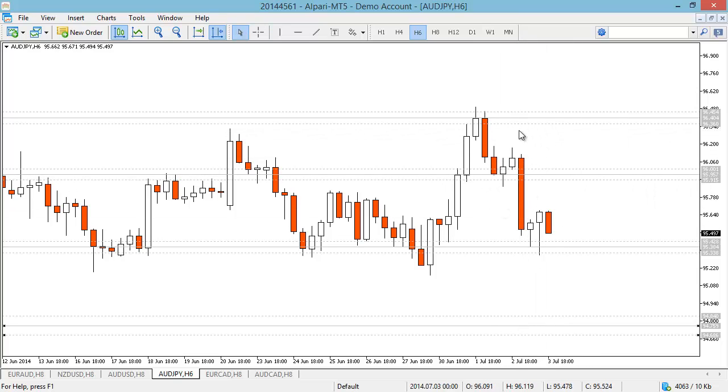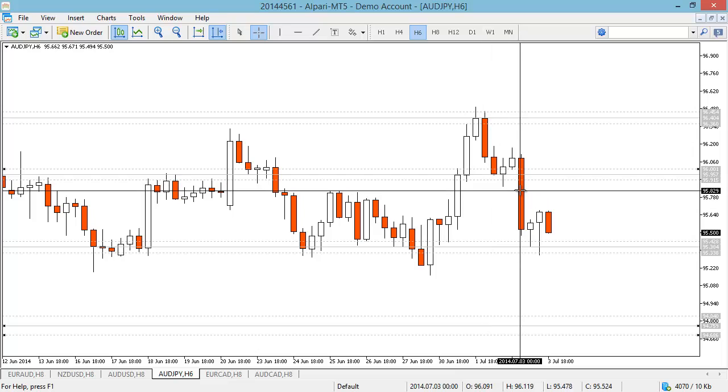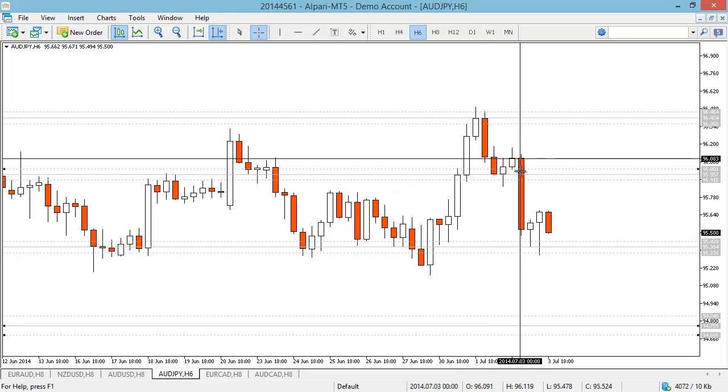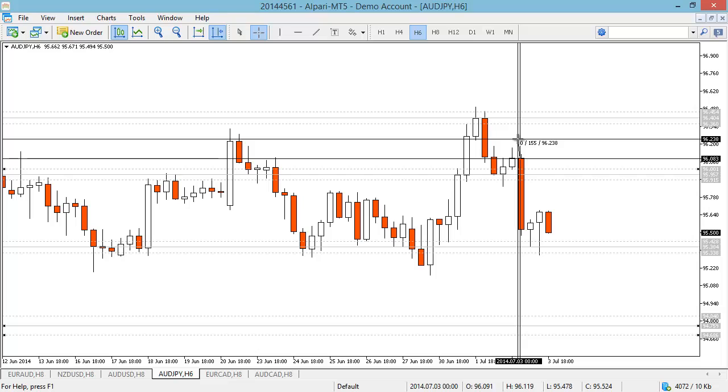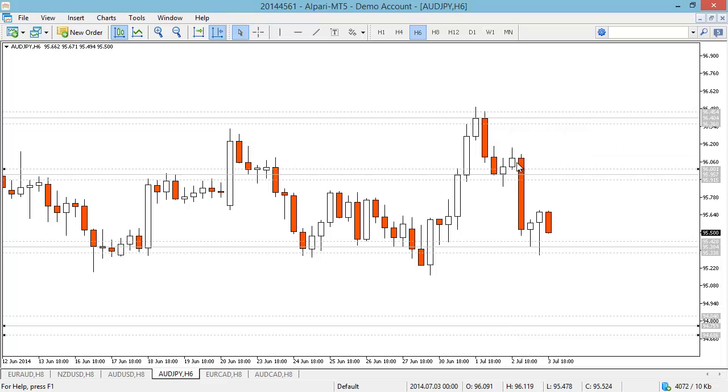But let's imagine that this was a valid setup, because some people may still enter this setup. Some people using my strategy may still enter this setup because instead of placing their stop loss at the bottom of the indecision candle, they would just place their stop loss somewhere like here, 15 pip stop loss, and then 20 pip first target or something like that. So this could have been valid using my strategy, and if this trade was taken, obviously it would have been a loss. But